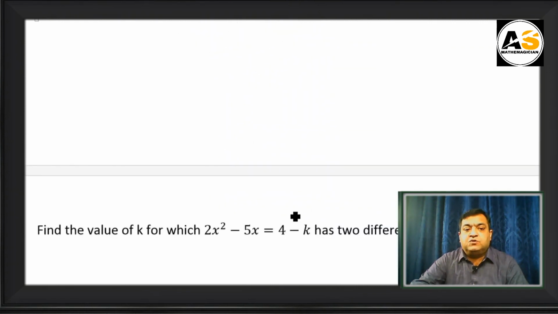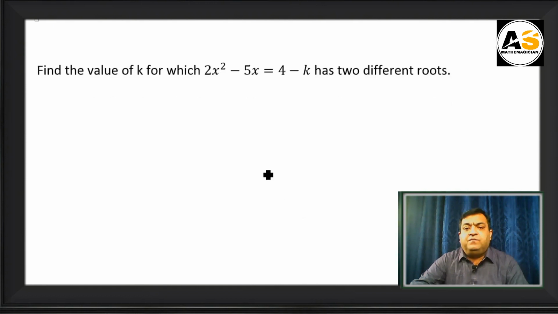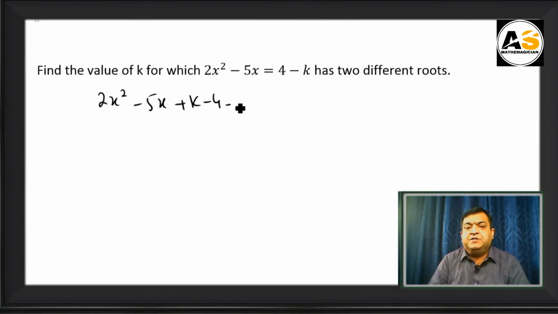So this was the first question. Second question is again testing the concept about the roots nature. This is the quadratic equation 2x square minus 5x plus k minus 4 is equal to 0. Here a is equal to 2, b is equal to minus 5 and c is equal to k minus 4,